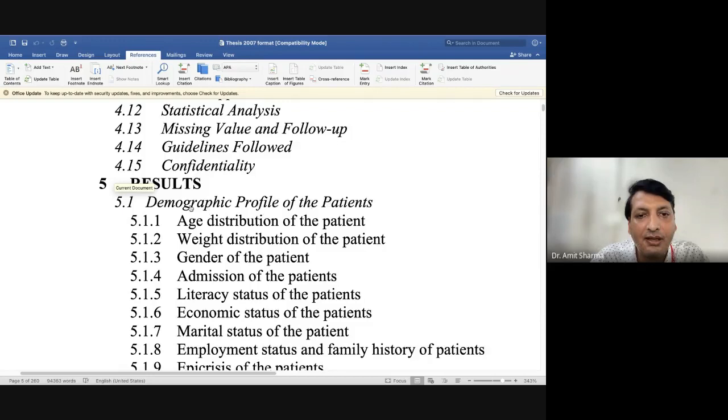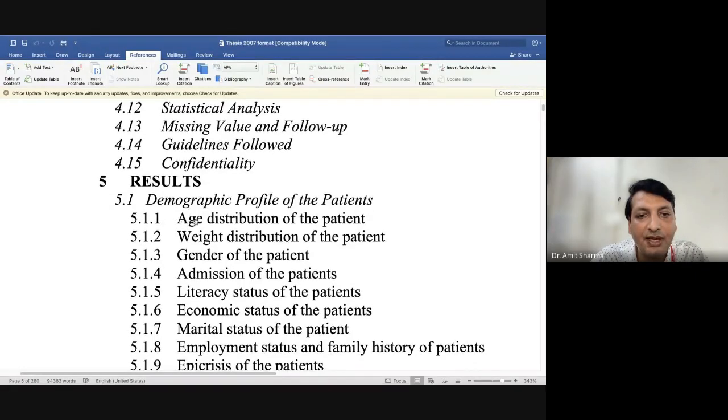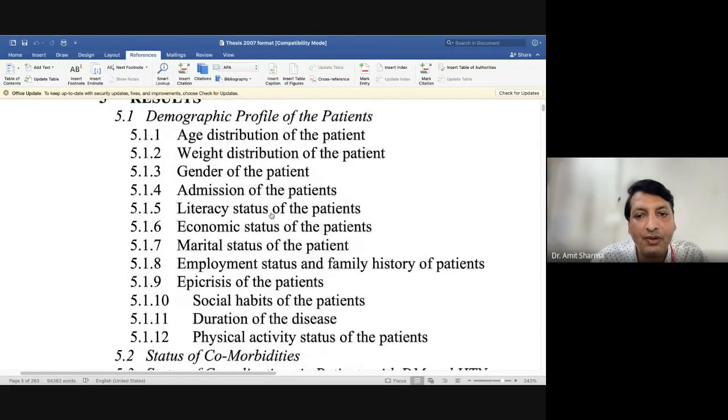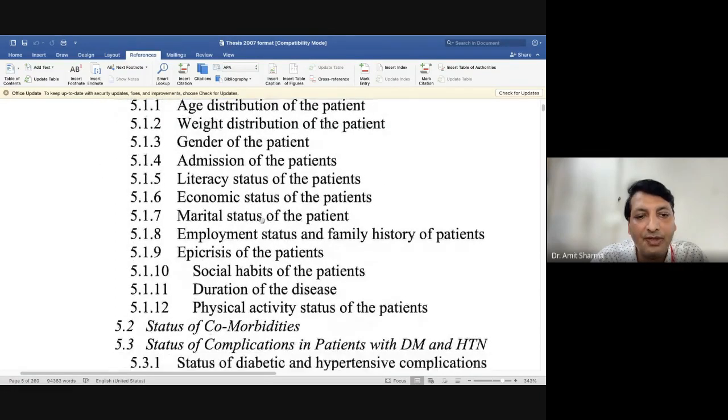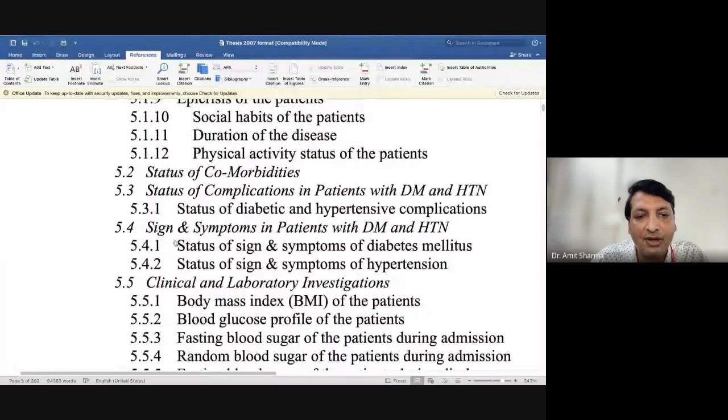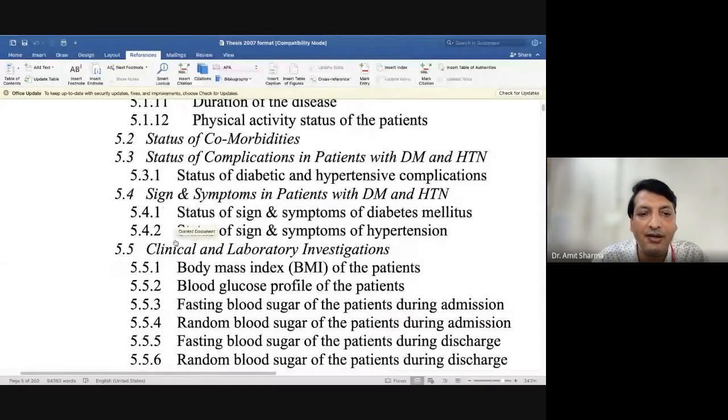And once you switch to 3 digits, it will be italic, and it will be called title case. Only the first letter of each main word will be capital, the remaining all small. So you have to follow this for the whole thesis. I have content in five digits also, but while making the table of contents, I have taken only three digits.